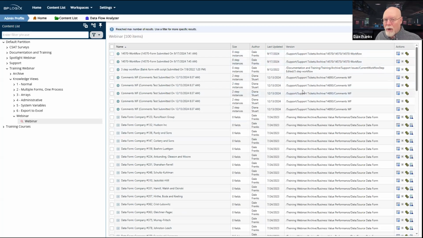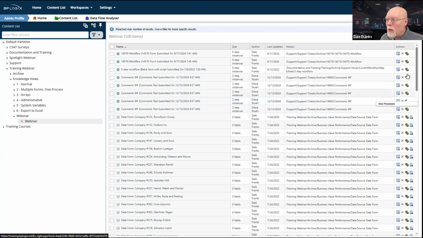If you're on any version below 6.1, this is probably what a knowledge view is going to look like for you. And so over here on this far right column, there are all of these actions. And so I've got properties, I've got references, view processes, view, which will actually open up the object itself.